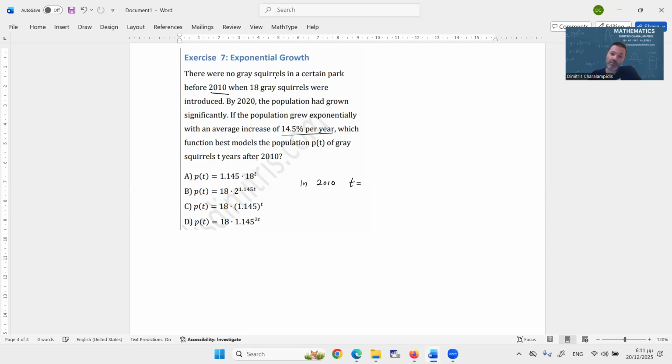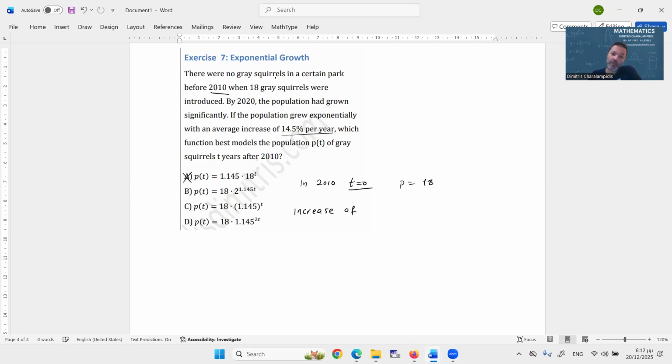2010, which was the year that the squirrels were introduced, the initial population was 18. So this means that it should be either B, C, or D. A should be rejected. Next, we know that we have an increase